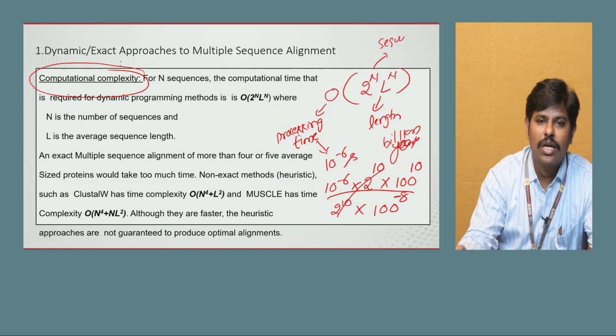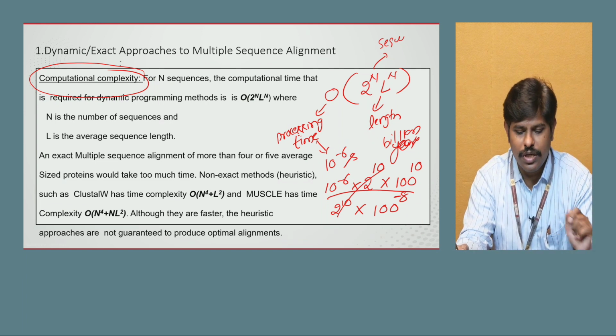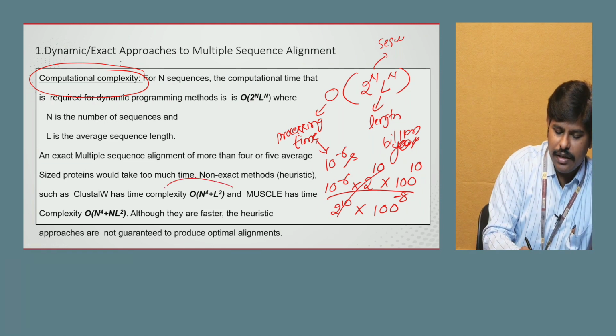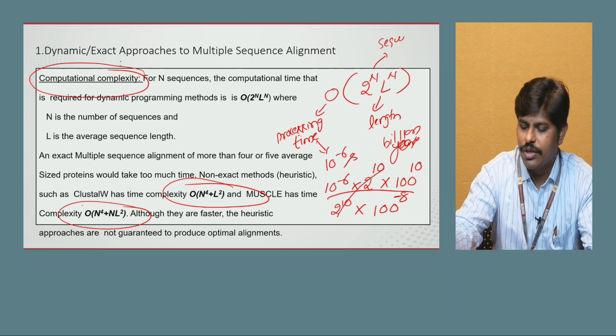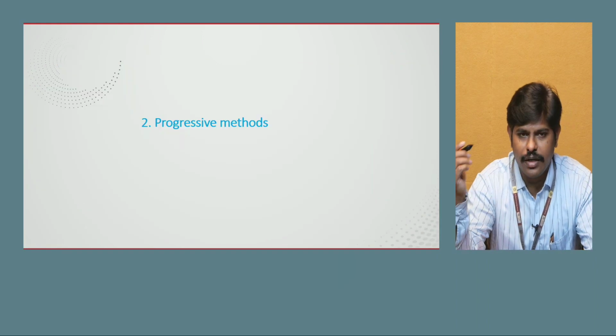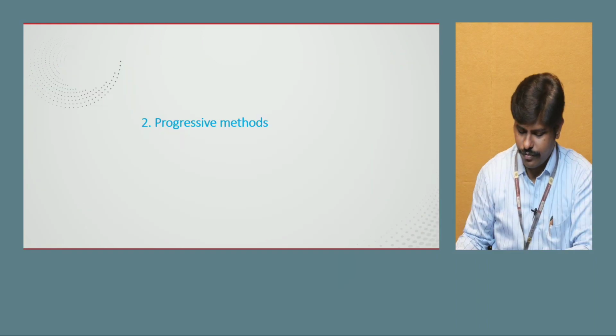Those other methods are called progressive approaches. Progressive approaches basically have less computational time. So we'll see how progressive alignments work here. The idea is very simple. In progressive